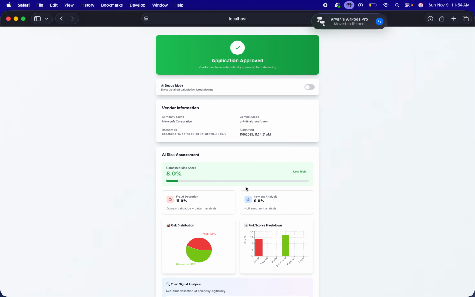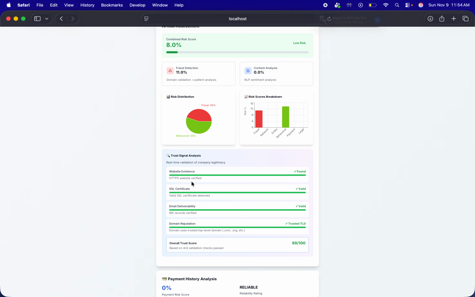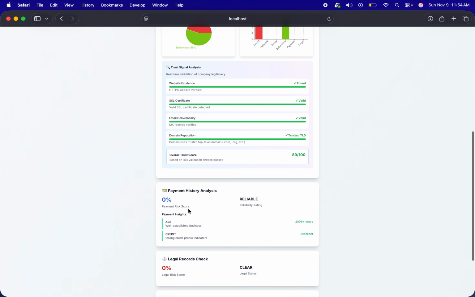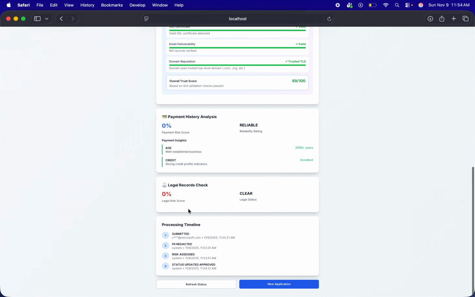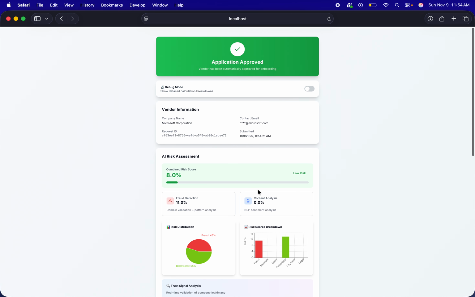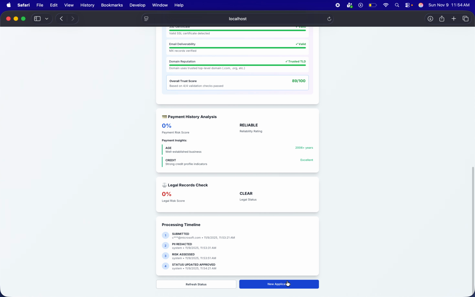is going to tell you whether or not this company is trustable or not. Obviously, trusted companies have a lot of signatures that they have. For example, whether they have a website or not, whether they have an SSL certificate, whether they have email deliverability or domain reputation. But these are pretty basic. What we should also check for is whether or not they have a reliable payment history, whether or not they have any legal battles. And Microsoft is a pretty safe bet, but now we're going to go to an organization